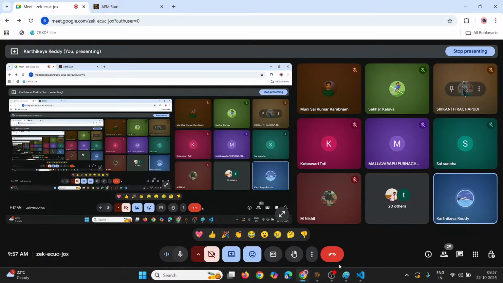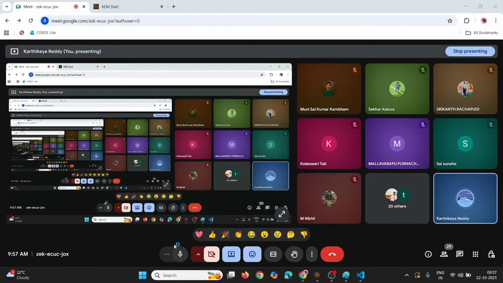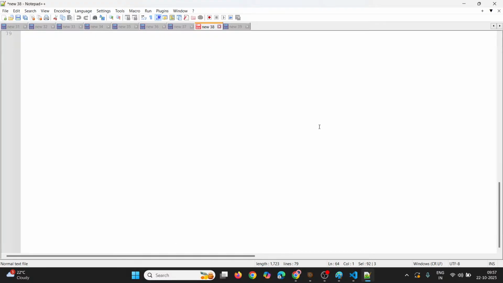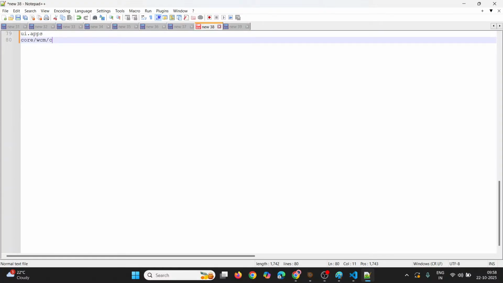So in this session, we'll discuss OSGi. Before that, how many folders does the project have? Inside the project, we have a lot of folders to manage different things. UI.apps is one folder we have, and then core is one folder we have, and then